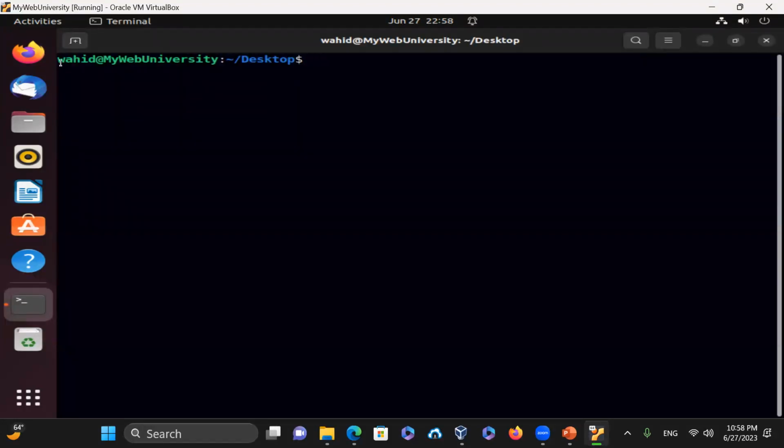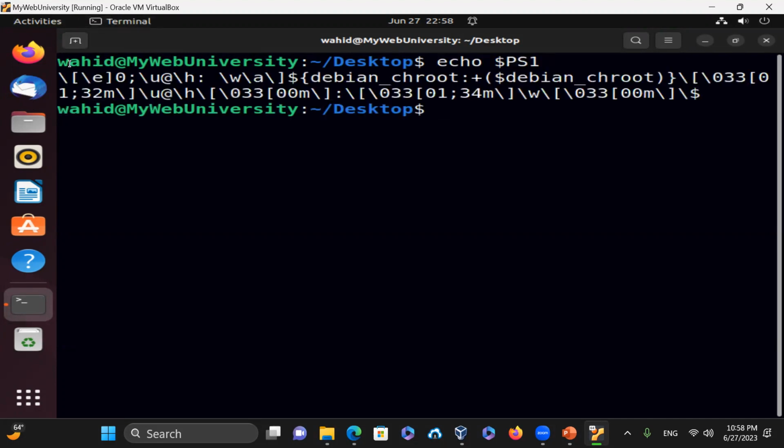Notice this one, I have a customized prompt. Again, I'm making this screen a little bit bigger. If you could see echo $PS1, it's the prompt shell 1, pointing to \u, which is this user ID Wahid, and then @, and then \h, meaning the host name, and \h will give you the host name, and then this colon, after the colon is this Debian stuff